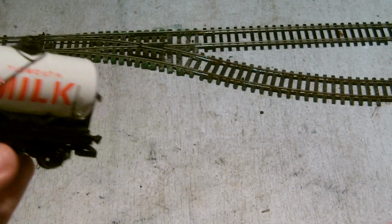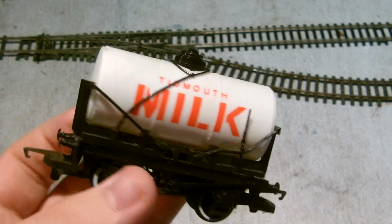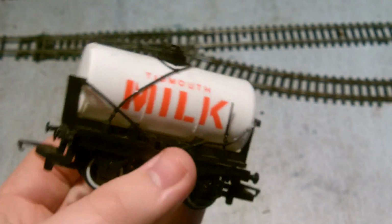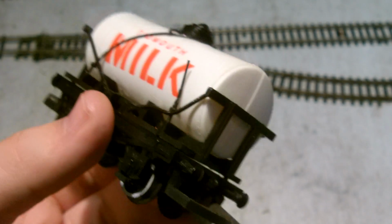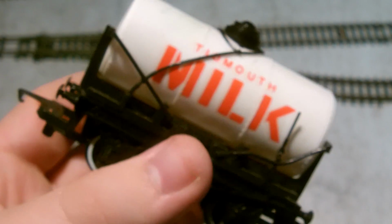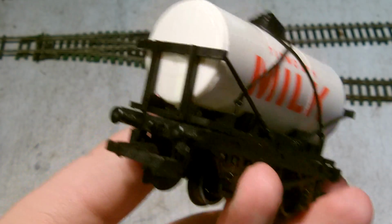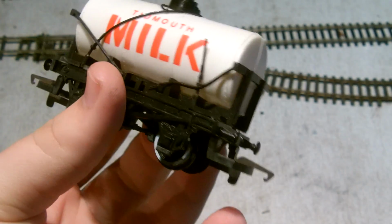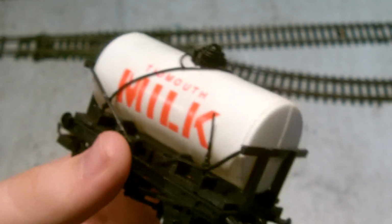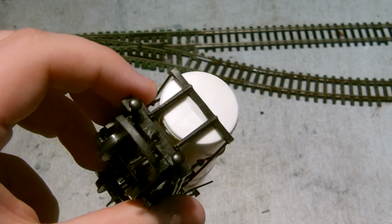And what's even more special is, this is the only one that has been published on YouTube. So I could be well known for owning one of these extremely rare wagons and publishing it on YouTube. But anyway, so there's the small video of the Tidmouth Milk Tanker with red lettering. I am just so pleased with this, and I had to do a small video on it, a little sort of story of how I got it and why it's rare. But anyway,